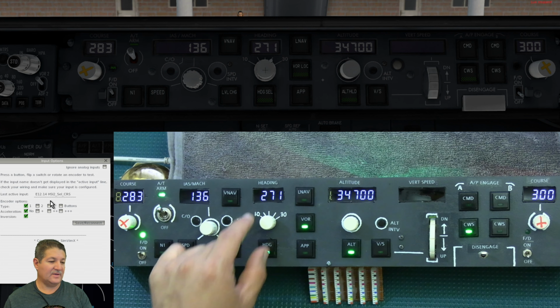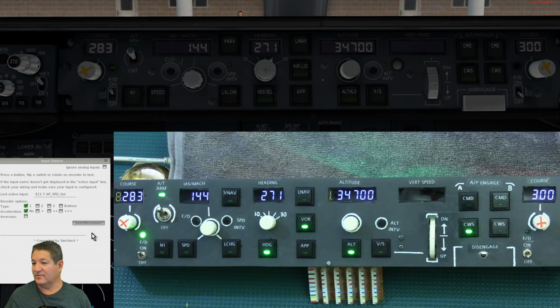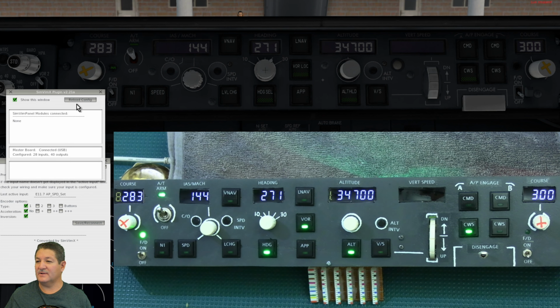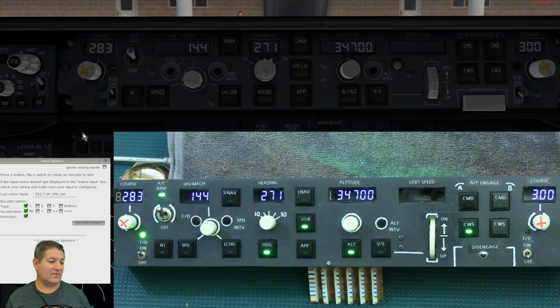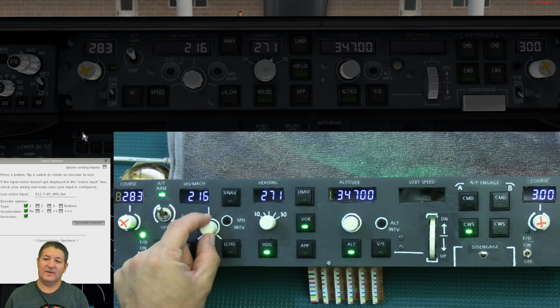And I'll do the same. I think it was for the speed. Yeah, the speed is backwards as well. So I'll go ahead and do that one. So just click inversion, save and reconnect, close that window again. And now if I increase it, and one of the things that I noticed for the